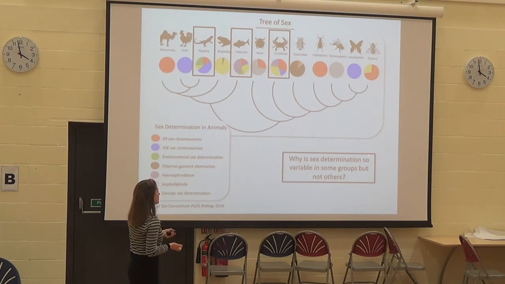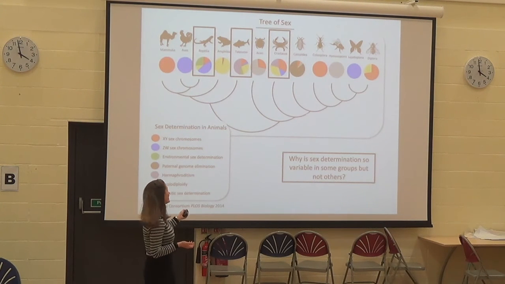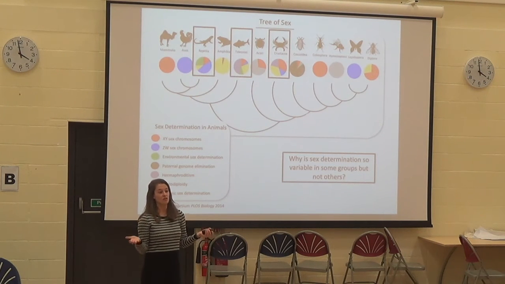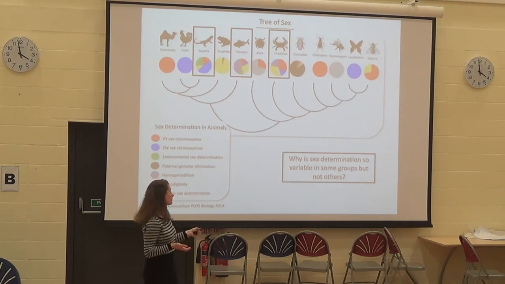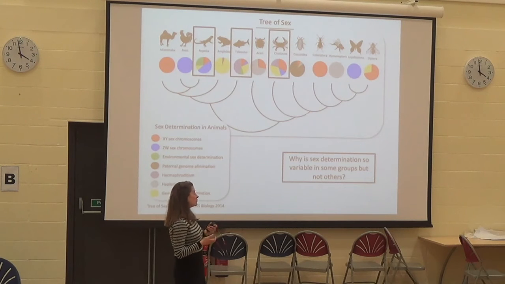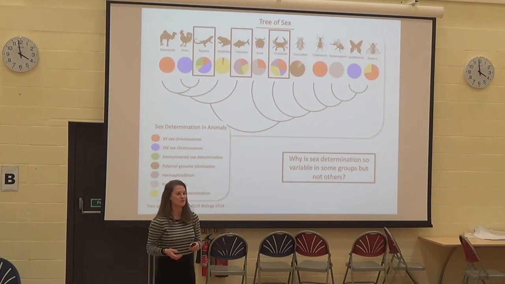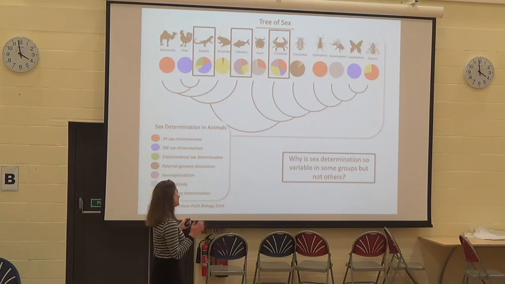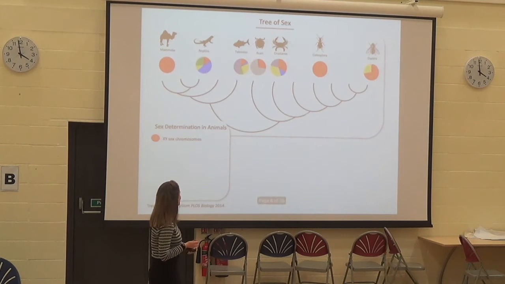And essentially, we don't know why this is. But clearly, it's really important because it seems to vary a lot across these different groups, but we don't have an answer for why this variation exists. And this is kind of like a hot topic in evolutionary biology at the moment, and there are lots of different groups trying to answer this question. So I'm really sorry I can't answer this for you now, but hopefully at some point in the future we will be able to shed a bit more light on this.